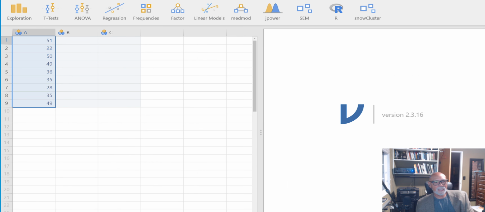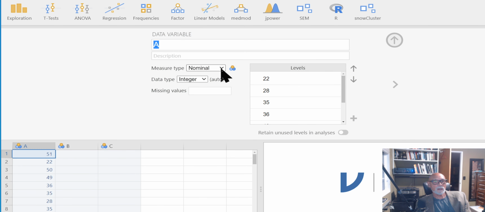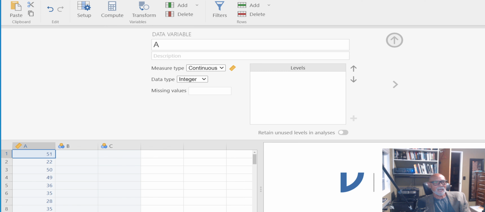So if you looked at our previous example, you remember that in order to get the Jamovi program to calculate this, we have to use the transform function. And one thing that I did not do last time, but it is a good thing to do, is to convert this from a nominal to a continuous, because you're not really supposed to use categorical data for Z transformation. But now that we've done that, we're going to go to the data option at the top,